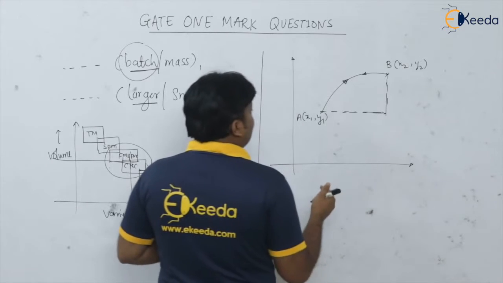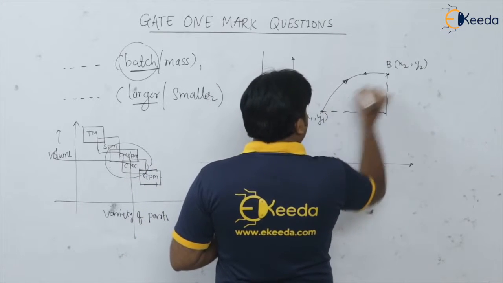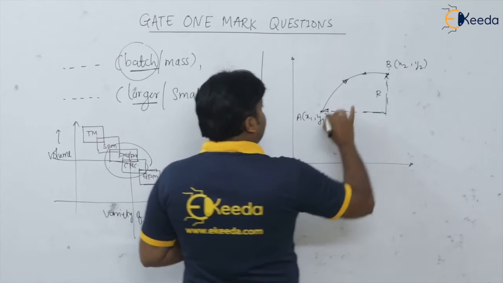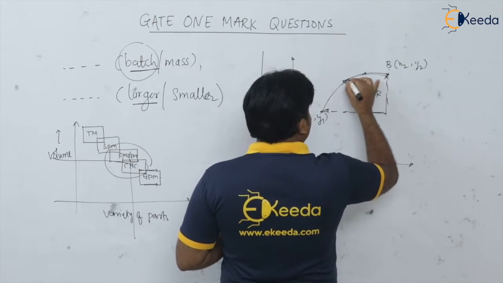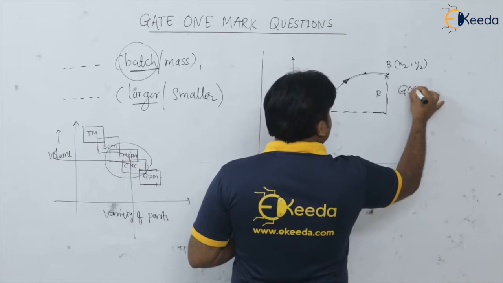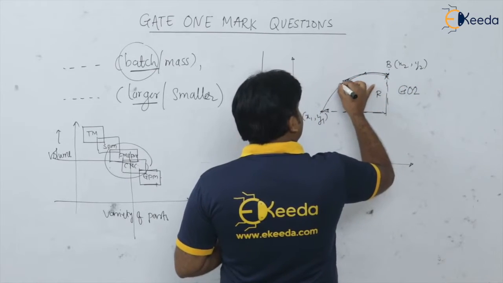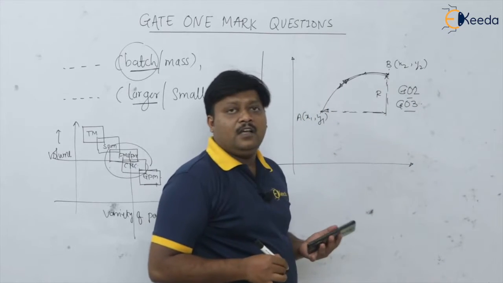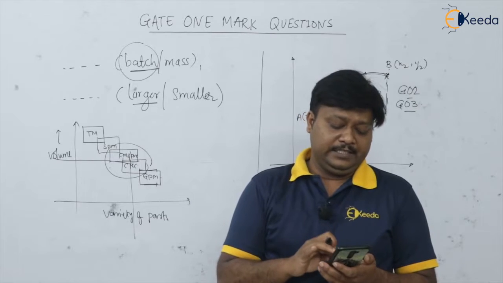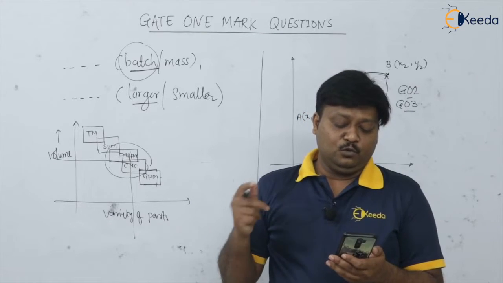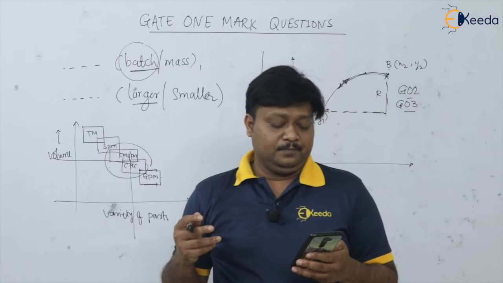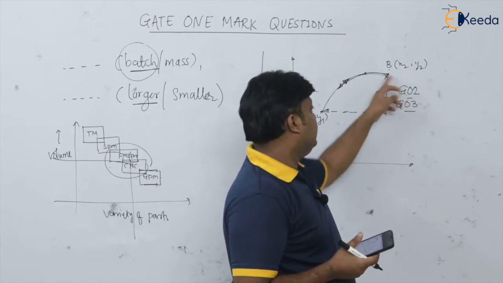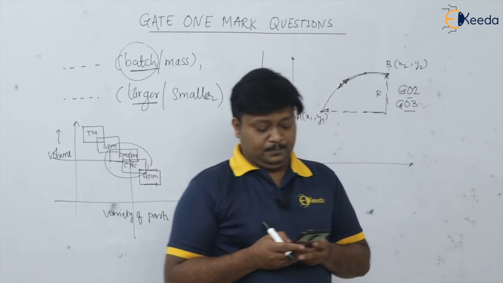So for defining the arc, actually we require the two endpoints and this radius r, isn't it? If it is in clockwise direction, we are using the interpolation G02, and if it is in anti-clockwise, we are using the interpolation G03 that we have learned in this preparatory course, isn't it? So what is the option? Two endpoints and the center, that is nothing but the radius, isn't it?